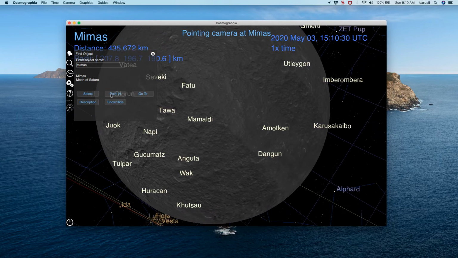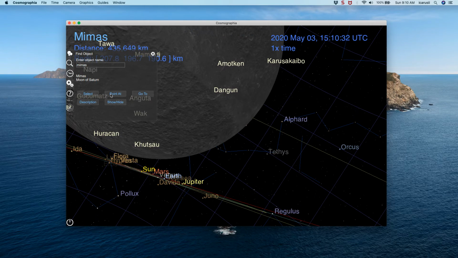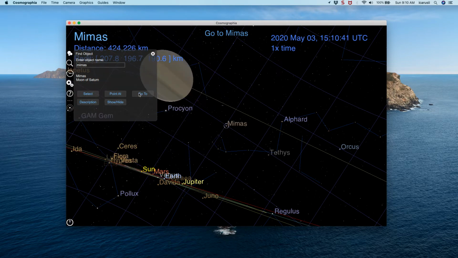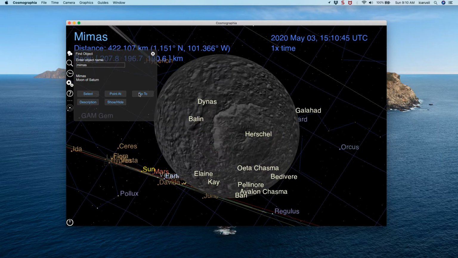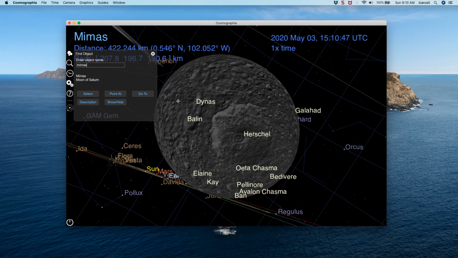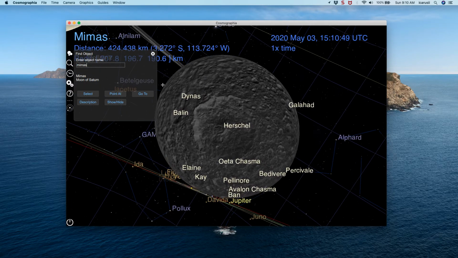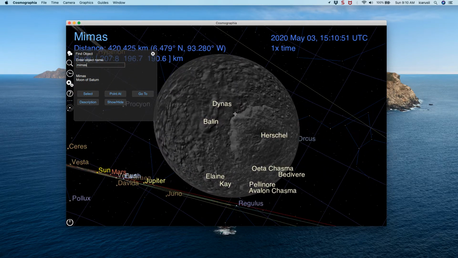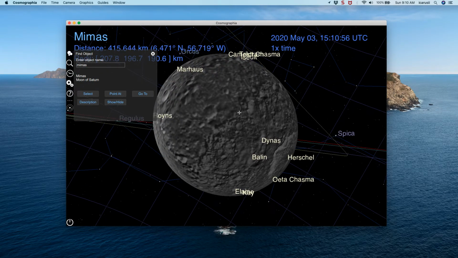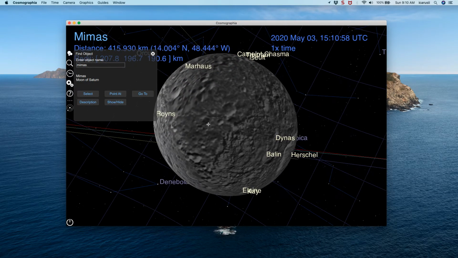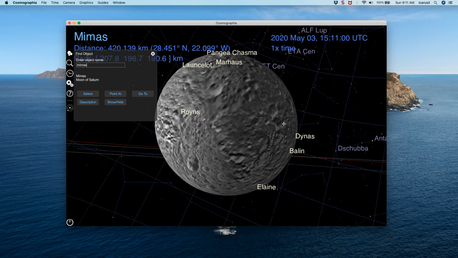I'll point at. There is Minimus floating around here somewhere. Let's go there. Go. And there we go. And there is indeed the Death Star crater. And there is Herschel. But it seems like Rhea has one too. That's kind of interesting. So here is the way that you can explore these moons